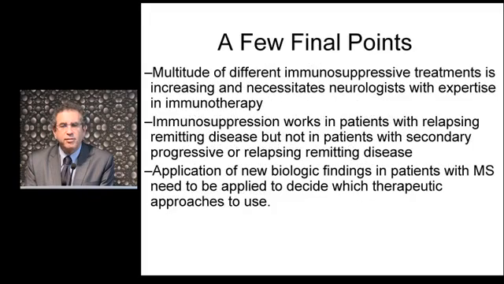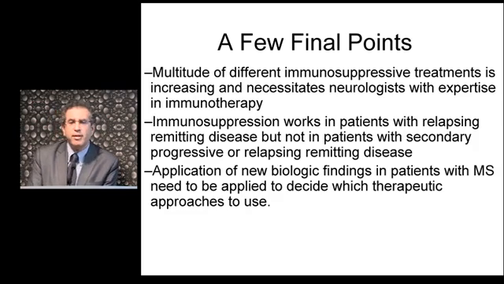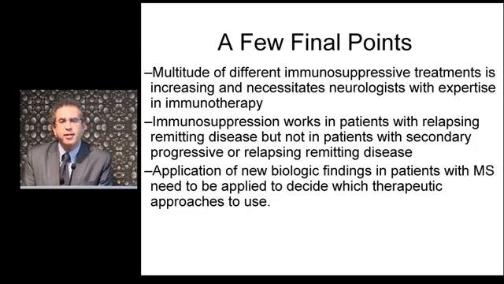And just the last slide of a few points. The multitude of different immunosuppressive treatments increasingly necessitates, I believe, neurologists with expertise in immunotherapy. Right now we're up to 5 or 6 different treatments, and as they continue to emerge, knowing which therapy to use is going to be critical. Secondly, immunosuppression works in patients with relapsing-remitting disease, which involves T-cell traffic from the periphery into the CNS, but does not work in patients with secondary progressive disease